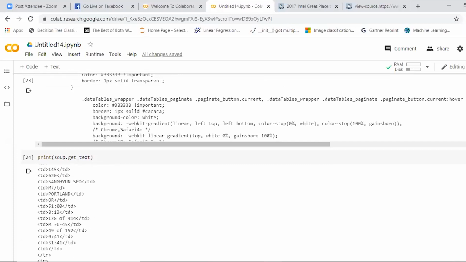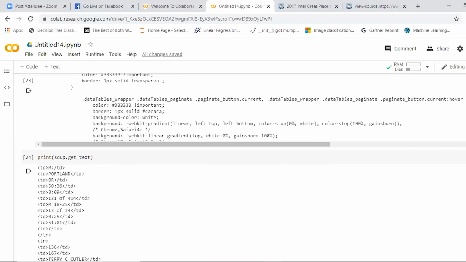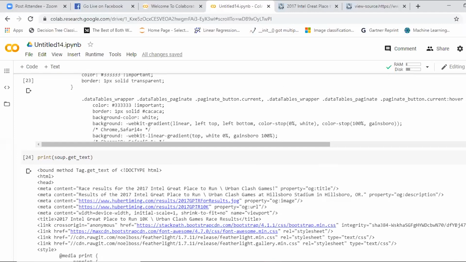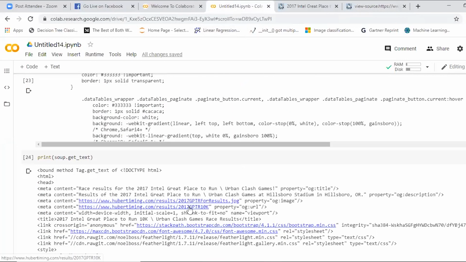You should scroll up. Yes, I'll tell everything. TR stands for table rows. TD stands for table cells. TH stands for table headers, because those are HTML tags. You can see the entire information of the web page. You can inspect and view page source. See, as I have shown here, you got everything over there. That's how we are using get text. If we give style, we get only the CSS style. And the HTML tags include A for hyperlinks, table for tables, TR for table rows, TH for table headers, TD for table cells. These are the HTML tags.